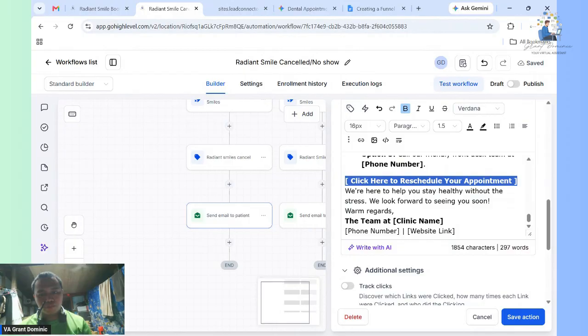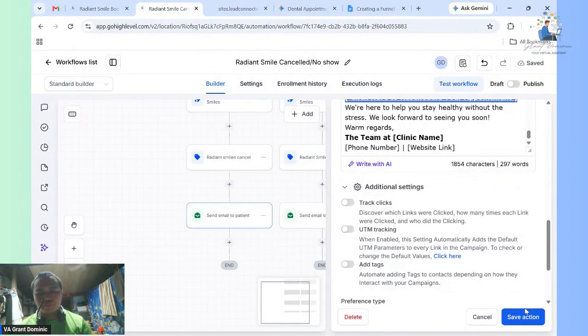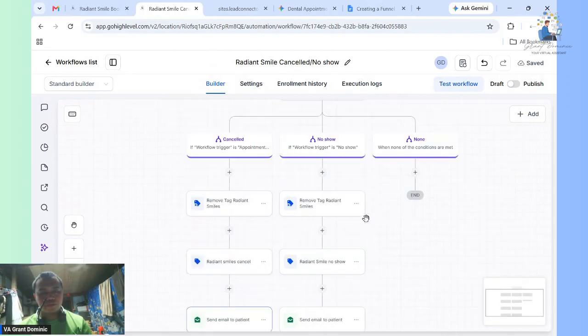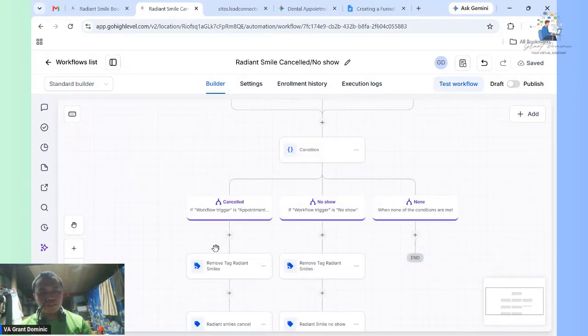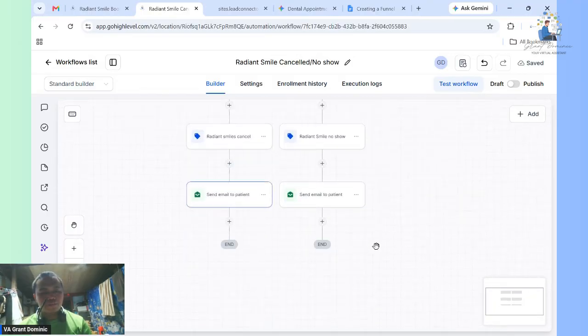So if the patient will reschedule the meeting, just paste it. So I already added this link. If the patient clicks here, it will redirect to the booking page. Save the action. So I've already done it. So it cancelled. Remove tag Radiant Smile. So Radiant Smile is cancel.